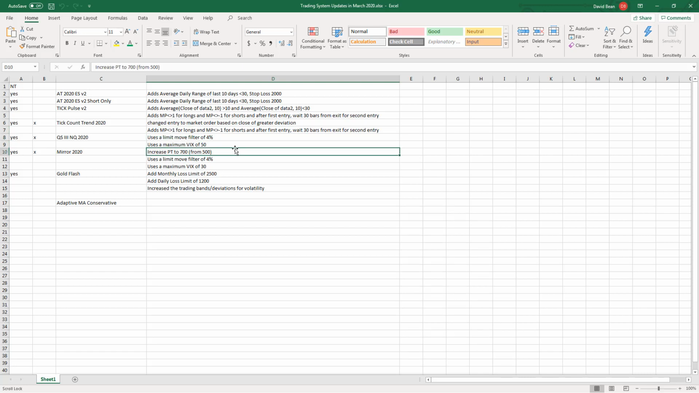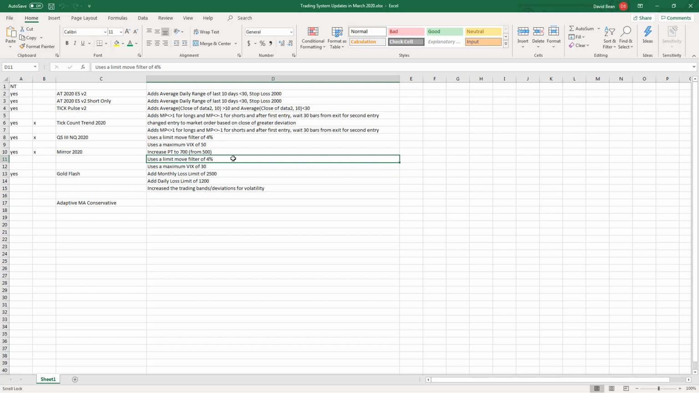QS3 and Mirror have the tendency to get in at the open, so we don't take trades if we're close to a limit down at the open. So if it's a 4% move, an overnight limit is 5%. If the open is at 4%, we don't take that trade, and we also don't trade if the VIX is greater than 50. Mirror, we don't take the trade if it opens down 4%, and this is 4% from